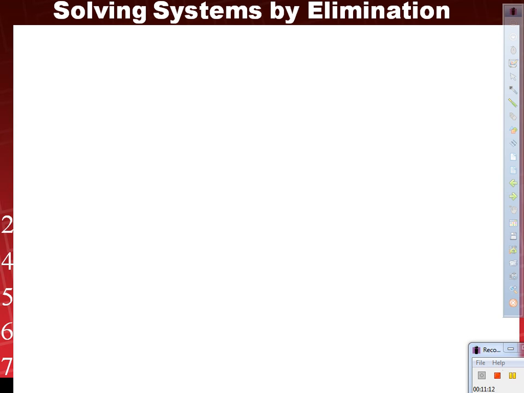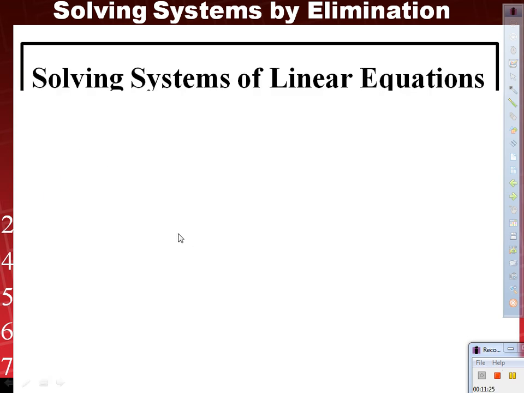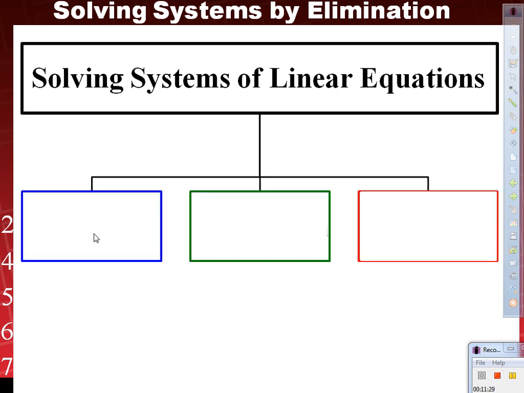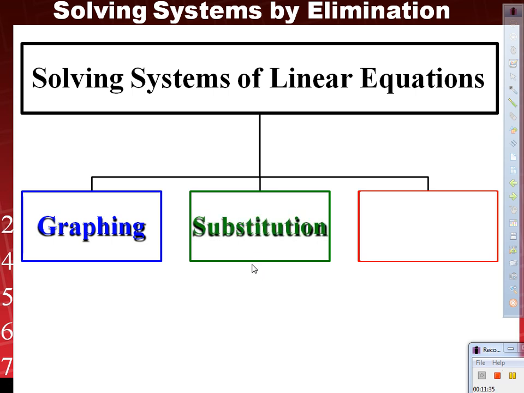So let's recap so far where we're at with systems. Here we go. Systems of linear equations. What have we covered? We covered solving by graphing. Do we know how to do that? Yes. Solving by substitution. Do we know how to do that? Yes. And today we're going to learn a third method of solving known as